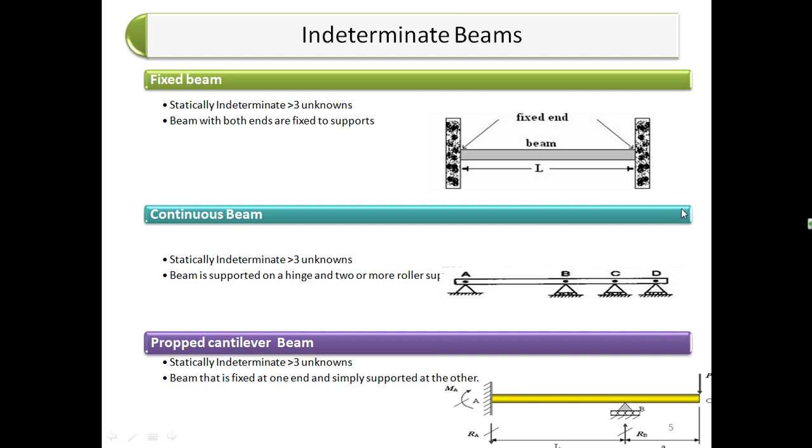And besides the statically determinate beams, this is an indeterminate beam where the number of unknowns is more than 3. Here there will be 3 unknowns with this fixed support, so there will be 6 unknowns in this. So we cannot